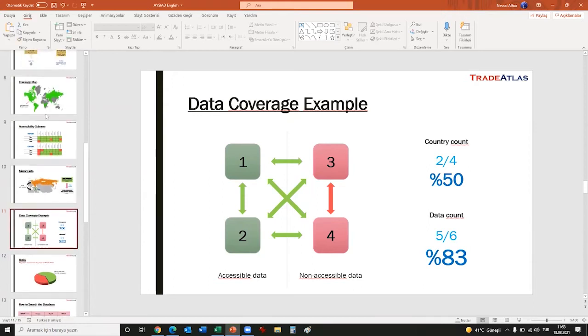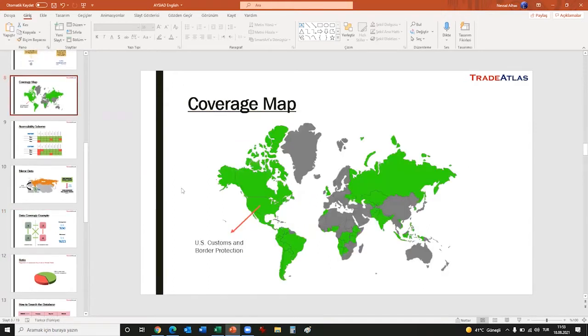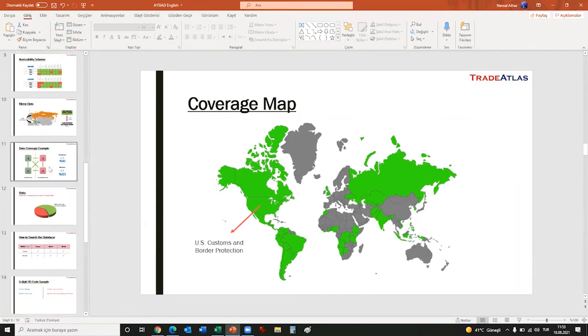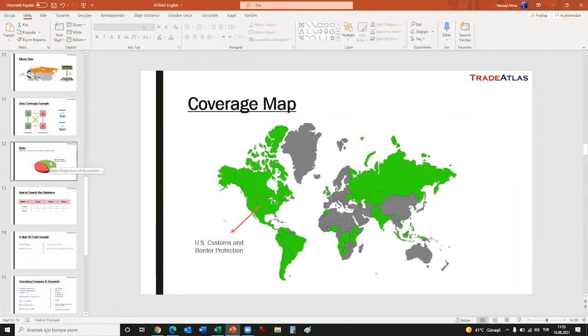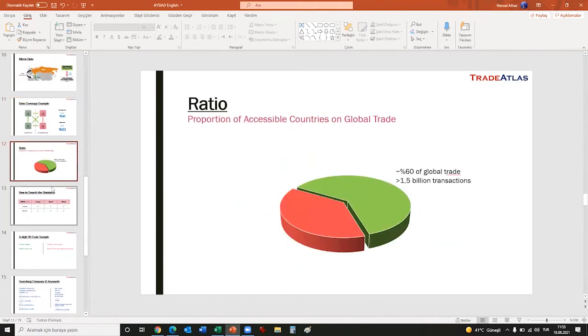So, if you go back to this map, we only have 52 countries' data in the world. The world has more than 230 countries. But as I told you here in this chart, with 1.5 billion transactions in our database, we cover 60% of all the global trade. So for every $6 in a total of $10 global trade, you can see who is buying this product and who is